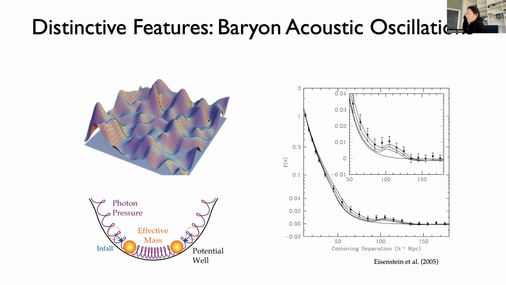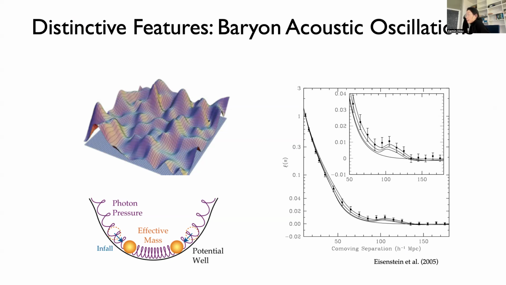As the universe continued to evolve, it cooled enough for photons to decouple from matter, and at this point, the photons free streamed away, leaving the matter in its position, where it got frozen. This features what we observe today as the BAO pattern in the galaxy distribution. On the right-hand side, we can see the BAO feature measured from the SDSS using the two-point function by Eisenstein et al. Notice there is a small bump at the scale of about 100 megaparsec over h, which indicates